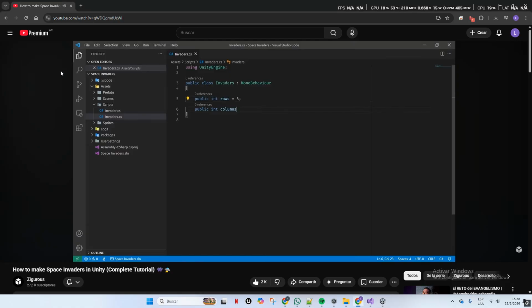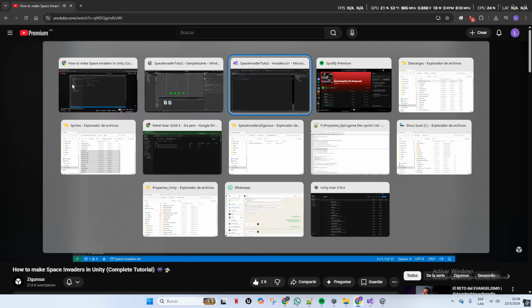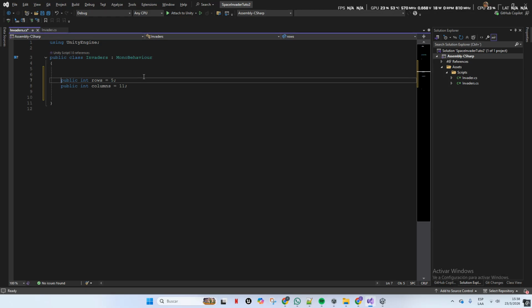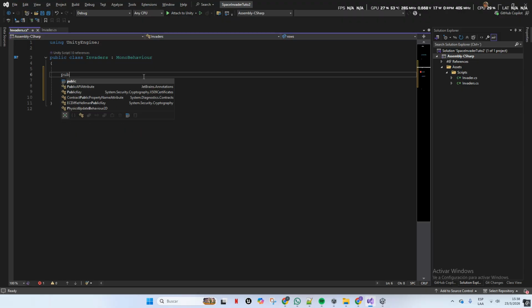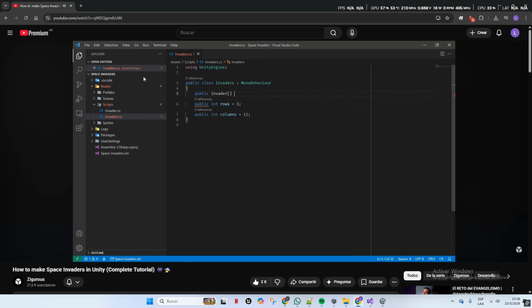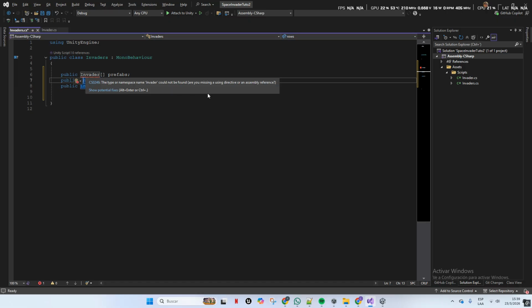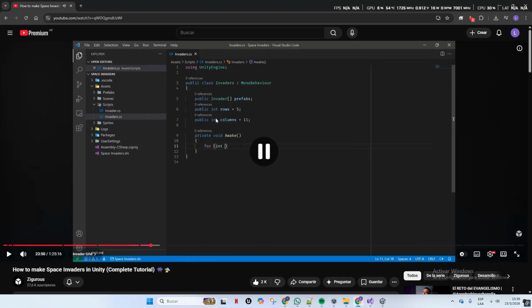And we also want to have an array of prefabs that will correspond to each row within our grid. So each row instantiates a different prefab. So we can set up an array of invaders here, and we'll call this prefabs. And then finally, in our awake function, we can perform all of the actual logic. So let's start by just creating our 2D for loop, or our nested for loop to loop over each row and column. So we can say something like for int